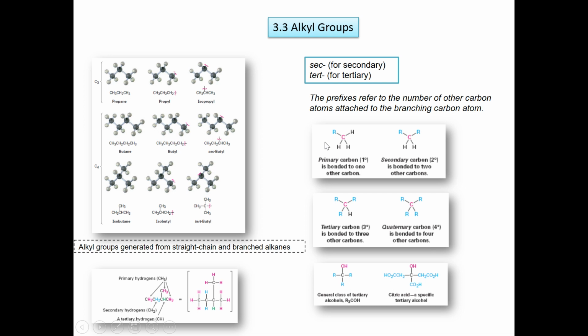We can define a primary carbon as a carbon that only has one substituent, which must be a carbon or a heteroatom, not a hydrogen. A secondary carbon is when this carbon is bonded to two hydrogens. Tertiary, when we only have one hydrogen. And a quaternary carbon is when it's bonded to 4 other carbons or 4 other heteroatoms. Okay?